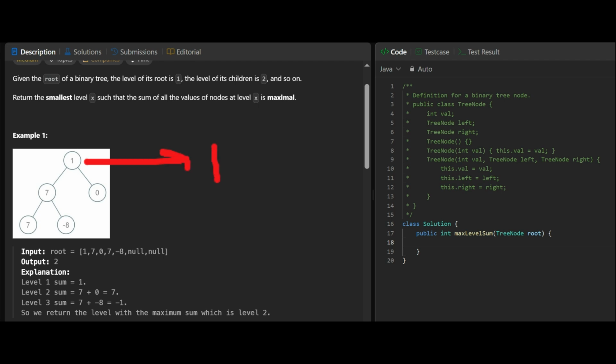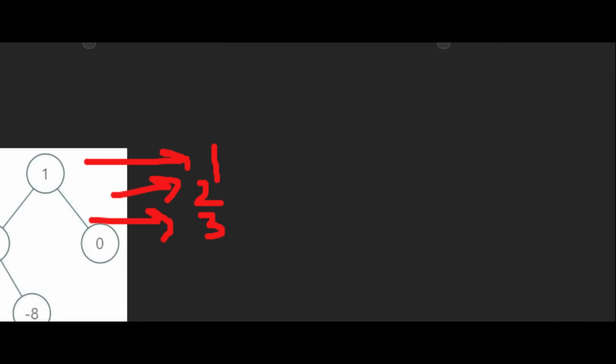So this is level 1. The children are going to be the second level, and if the children split further, then that will be the third level, and so on. So each time a node is split, each level is numbered 1, 2, 3, like that. Now we need to find the maximum sum from each level. So when you go through the first level,